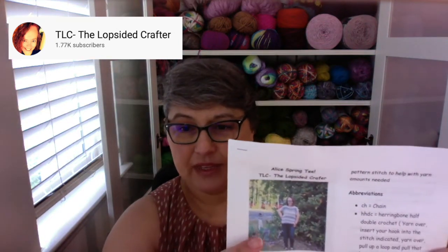The pattern I am making is by the Lopsided Crocheter here on YouTube, her Alice Spring Tea. That is the tea, and it looked so cute on her, and somebody else did it too. Oh my gosh, if I remember, I will put it here. A couple of people have made it, and it just looks so nice, and I just thought, I need to